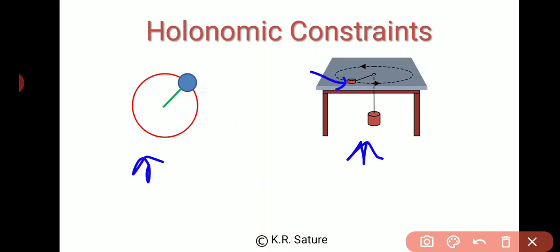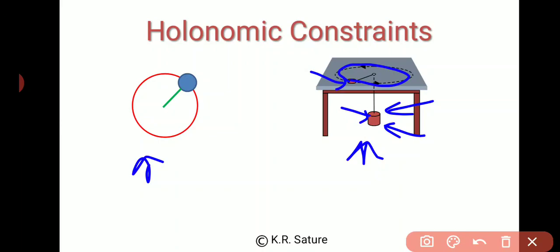rigid body here has x1, y1, z1 coordinates and this has x2, y2, z2 coordinates. So the constraint will be that this first particle is moving in a circle, so the constraint for this particle is x1 square plus y1 square is equal to r square, but this time the r is changing. If this second particle goes down, then this r will be less, and if this second particle goes up, then r will be more. And what is the relation between those two? That is the length of the string.